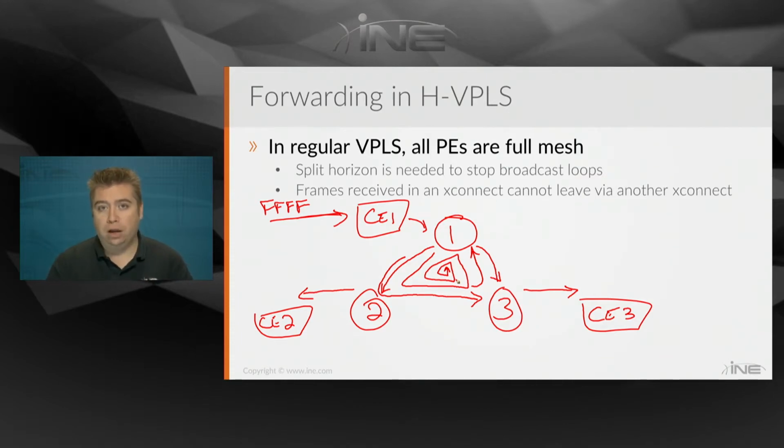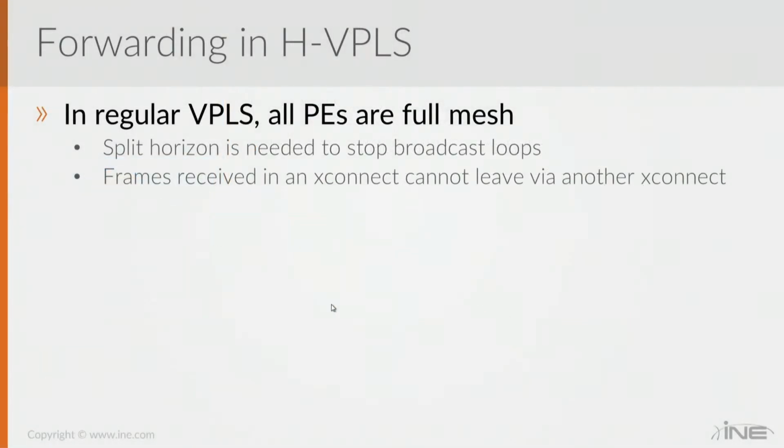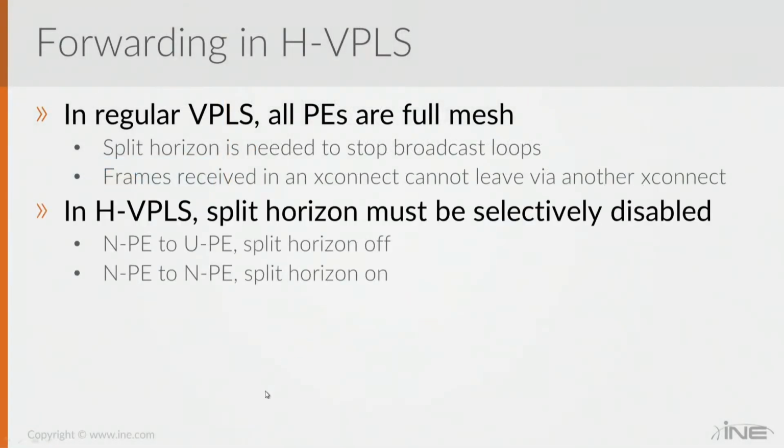Now that works fine as long as the PEs are fully meshed, which in the case of HVPLS they're not going to be, which means that we need to change this forwarding logic around a little bit. Specifically, what's going to change is that we're going to selectively disable split horizon. So now we have these two separate